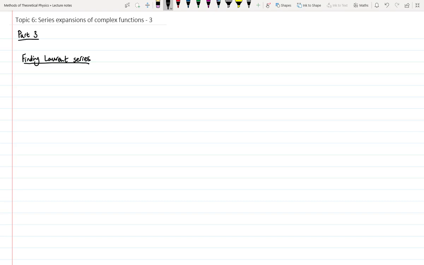In the previous video, we saw how to express functions that are analytic on an annulus using Laurent series. Now we'll go through some examples of how to find them. From the previous video, we had that you can express a complex function as a sum from n equals minus infinity to infinity of some coefficients a_n times (z minus z naught) to the n, where z naught is the expansion point,